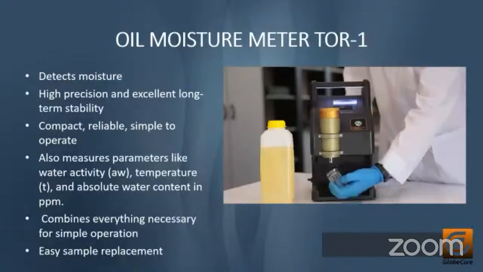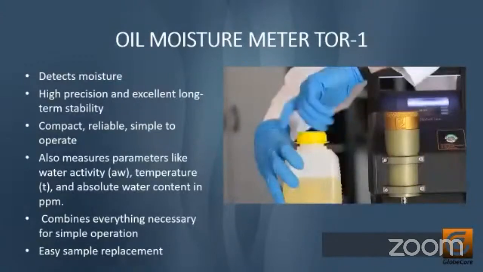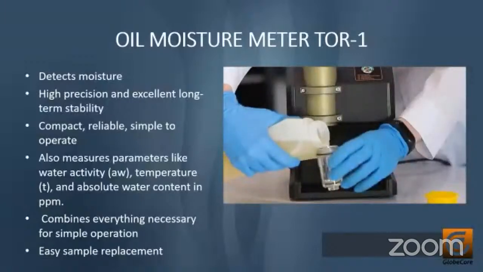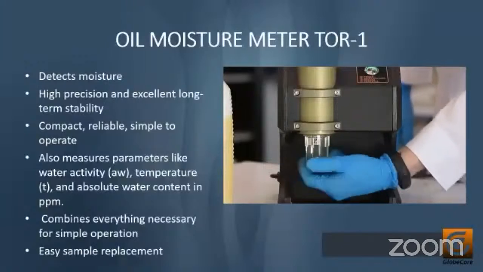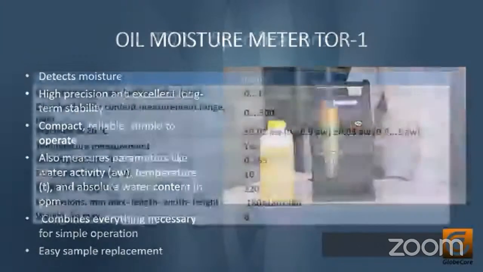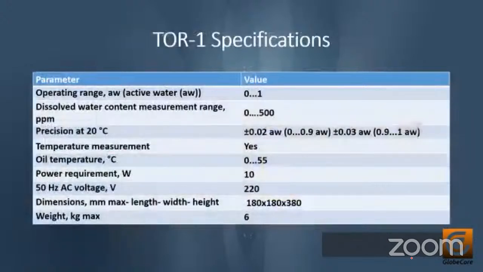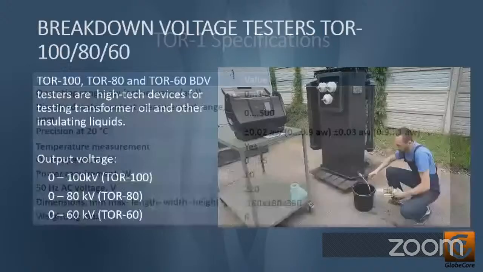The TOR 1 is a really good option if you need to check the levels of moisture inside of the oil you are working with, and it's really easy. The weight of this equipment is really low. You can see 6 kilograms, and that means you can work in an easy way in the field. And these equipments have really high precision. We have really good results in the field when we work with that TOR number one. Other equipment is